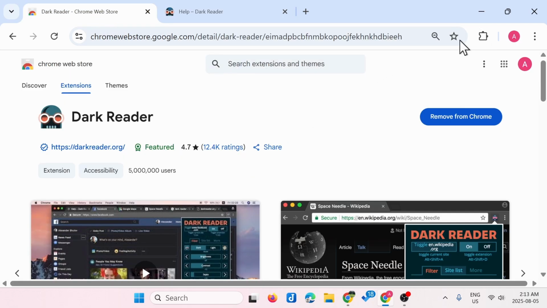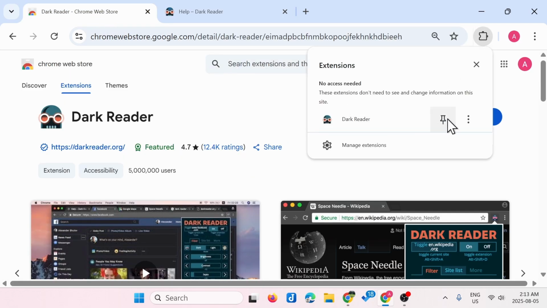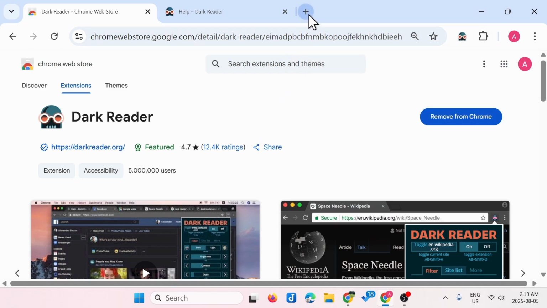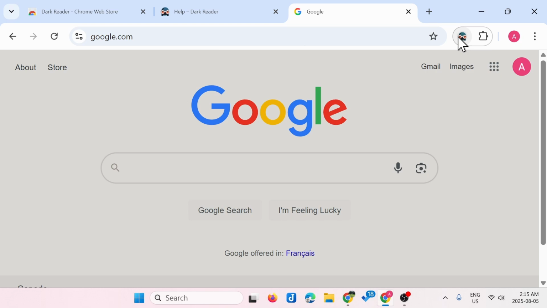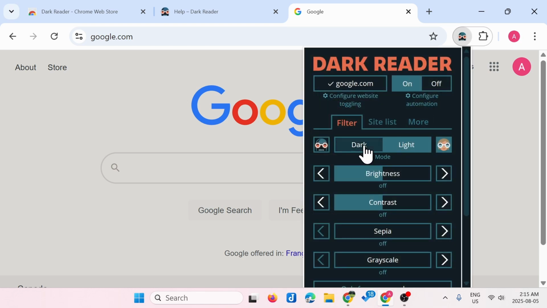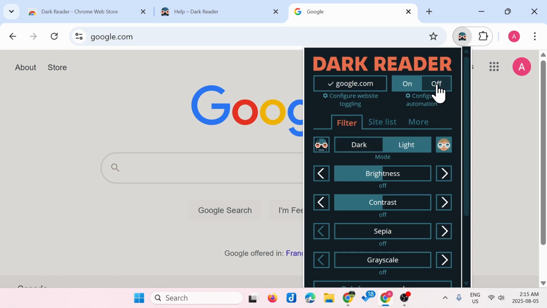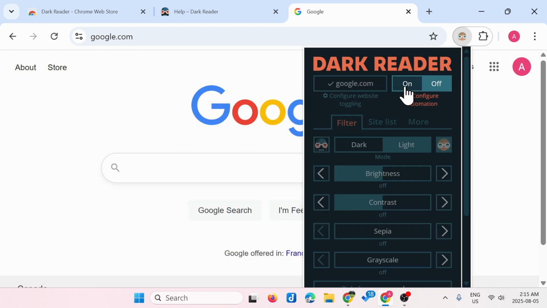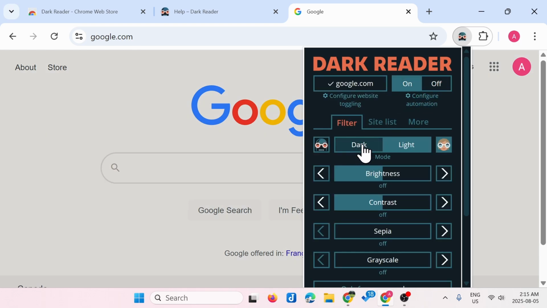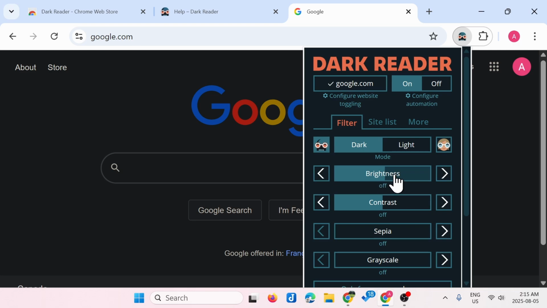And then once installed, make sure to pin the extension so that it shows on the bar. And then click on the extension. Now this is where you can control the dark mode, and then this is the normal. This is where you can turn off the extension and then turn it on. So I'm going to set it to dark mode, and I can also change the brightness, so this will control